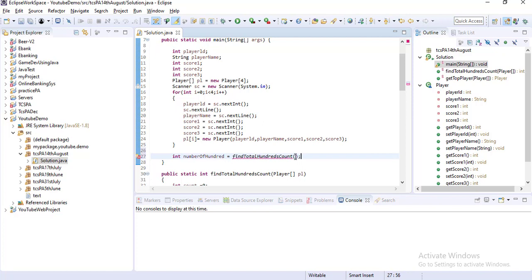You have to call this method with this player array pl, and it will return some integer value, and we are storing that integer value in int number of hundreds.